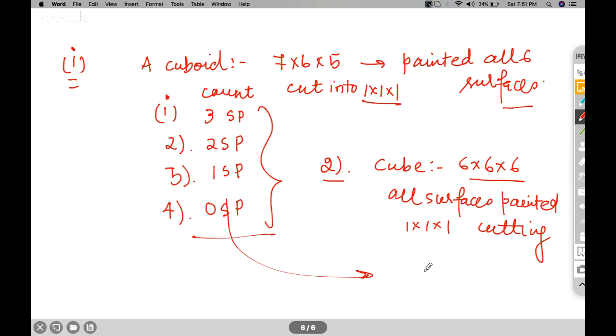So two questions I have written on the board. Please solve it,